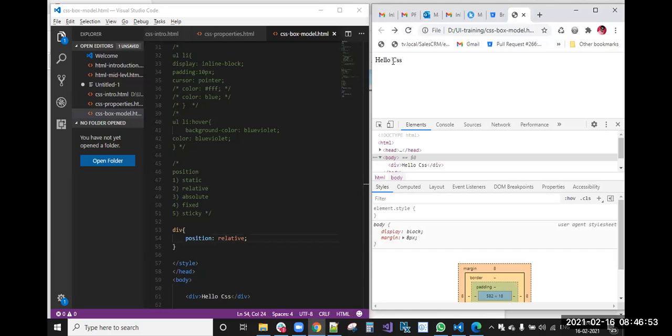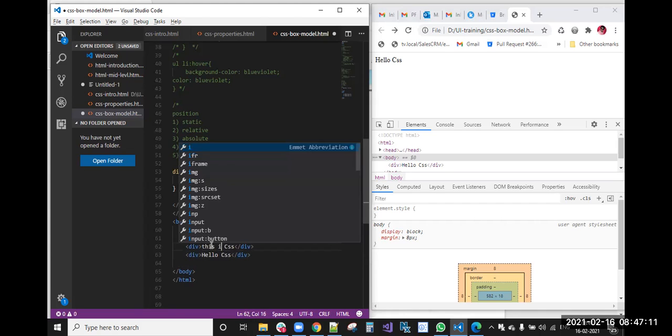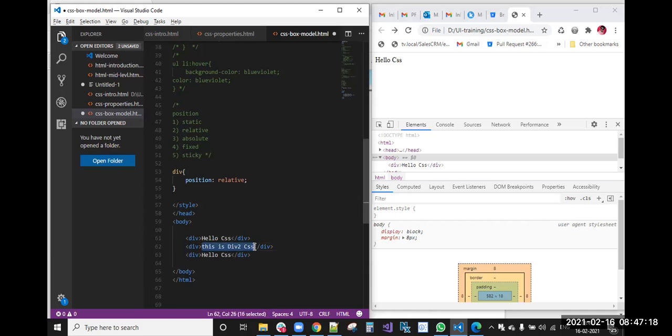Now, position relative. When we use position relative, I'm taking one more div. This is div 2 CSS, and this is div 3 CSS, and the first one is hello CSS.